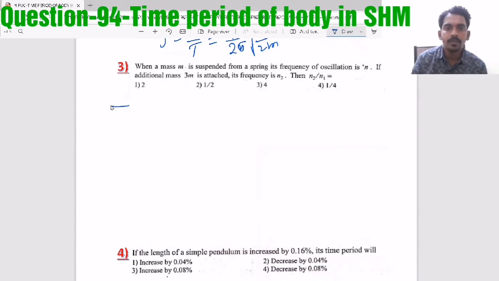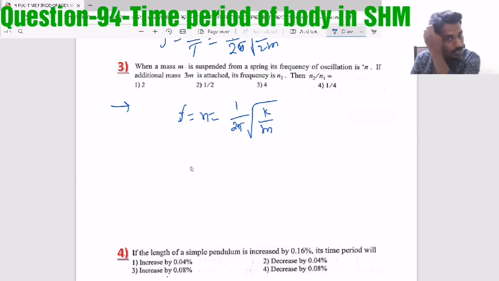Now when a mass m is suspended from a spring, its frequency of oscillation is n1. If an additional mass 3m is attached, its frequency is n2. Then n2 by n1 is? See, when a mass m is suspended from a spring, its frequency of oscillation is n1. So frequency means 1 by 2 pi root of k by m. Now if an additional mass 3m is attached, now the new frequency equal to,